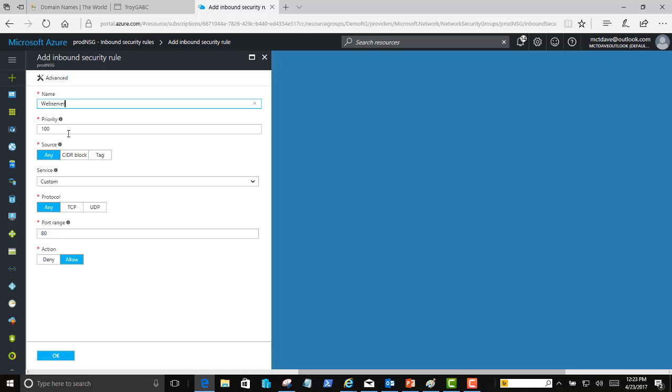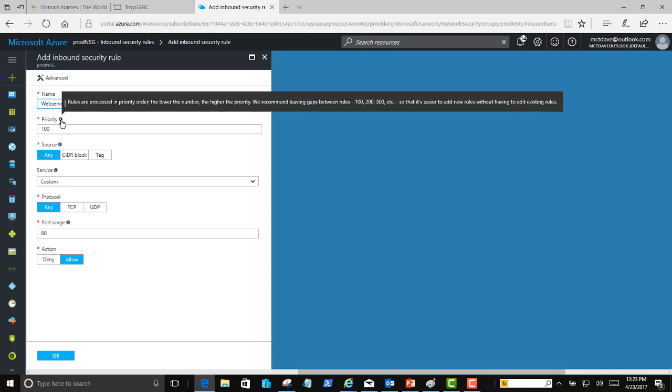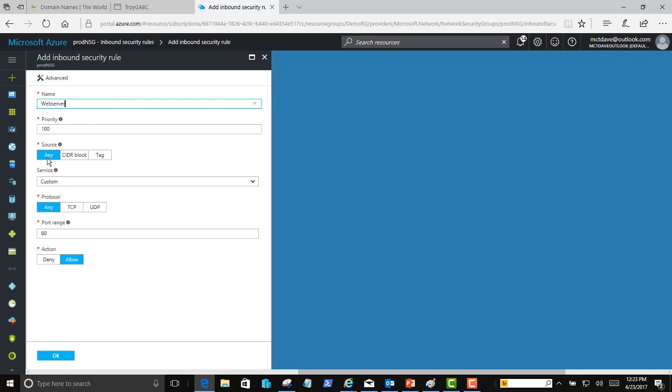In other words, if you make something a higher or a lower priority, then that will be the one that's always chosen, unless it's not available. So in our case, very few people actually change this. It can be changed, but if you click the little I beside it, it will tell you what this means. Our source is going to be any IP address, any address range, whatever.